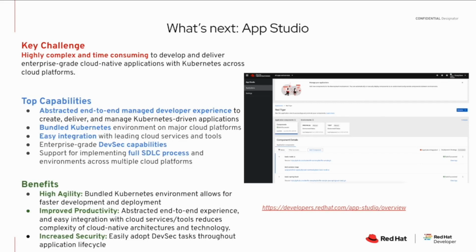so you can create, deliver, and manage these Kubernetes-driven applications, and don't even require an OpenShift or a Kubernetes environment to get started. We'll just bundle one for you. So in order for your application to go from code to deployment, you don't have to have a cluster. It just comes with something. So this way you can just get going on this journey without having to first get the entire cluster set up for your applications. And it evolves as your application grows.